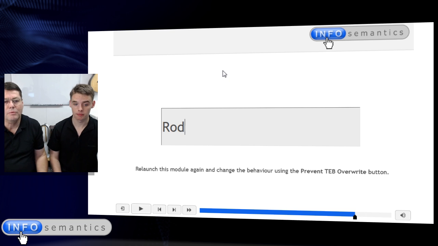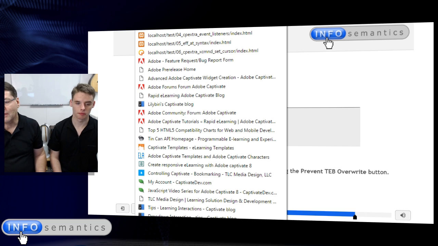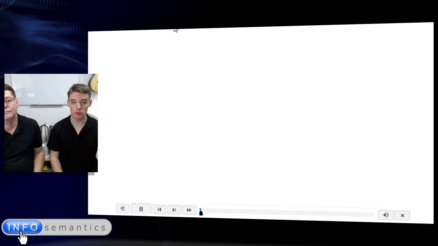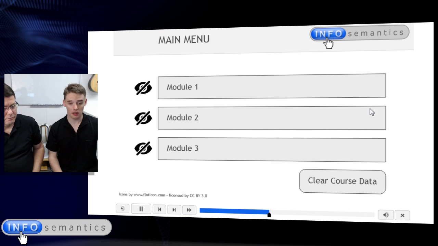All right. Well, I can see a lot of people that would actually be able to use that. This is a question that comes up a lot in the Captivate forums. Let's have a look at another example, perhaps more along the lines of what you said before about extending Captivate's functionality. One thing that a lot of people really want to do is persist